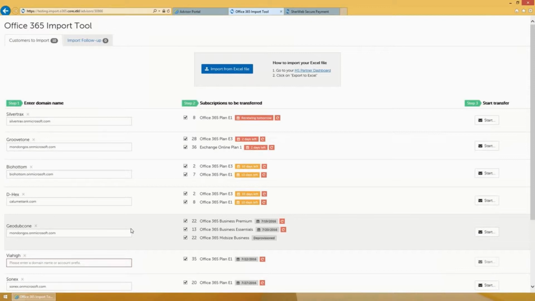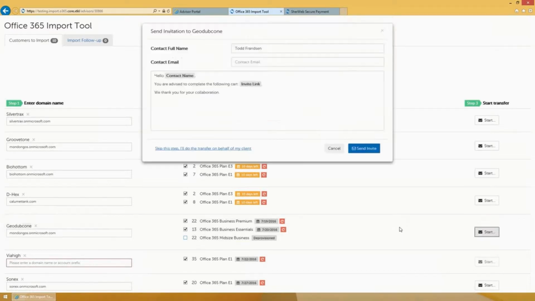The first thing you'll want to see is import Office 365 clients. Right before it says import from Excel file, it says go to your Microsoft Partner Dashboard. This is where you get the Excel file, and it'll say non-Azure reseller report. You import it there, and click OK, and then you'll see that all your organizations will show up, everything that